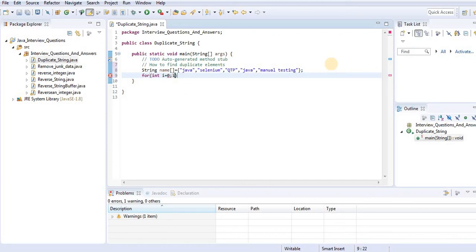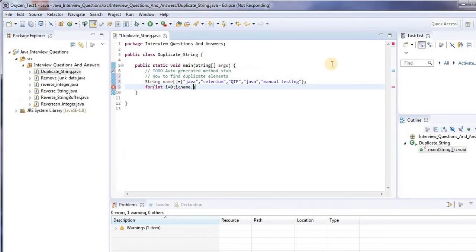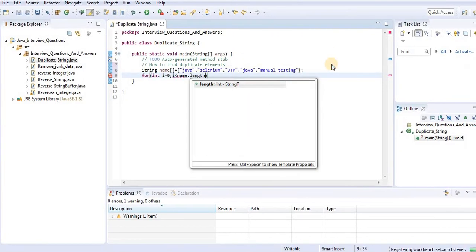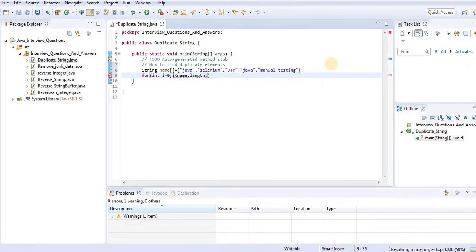Then i less than the length of the string, because we have to continue the loop for the total length of that array. In the string class we have the length method, name.length.